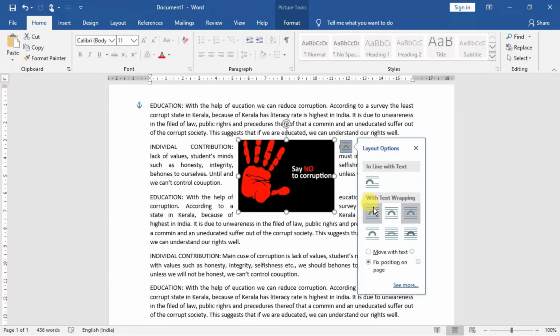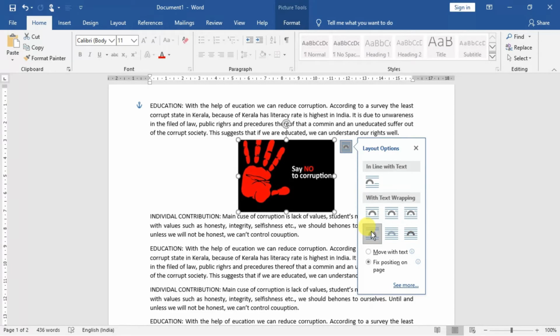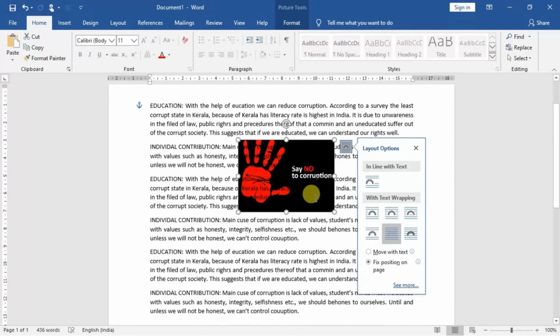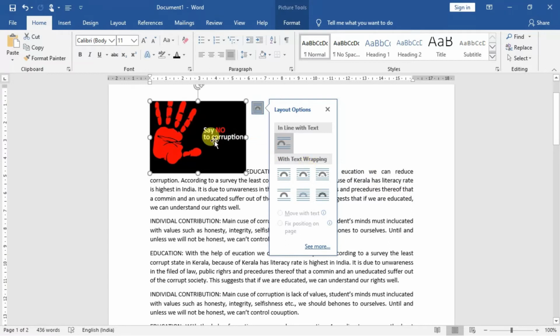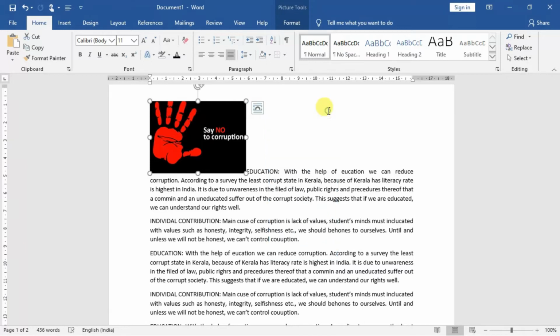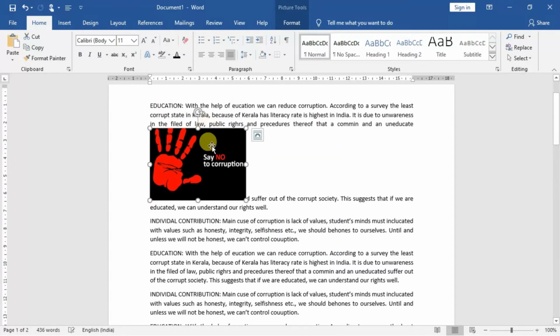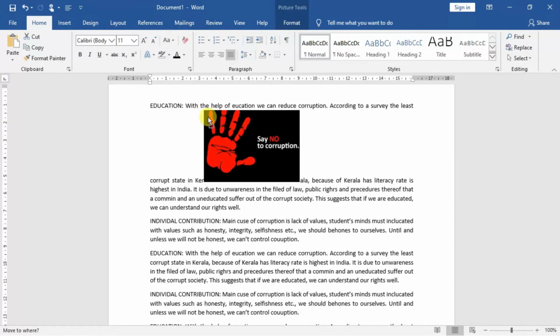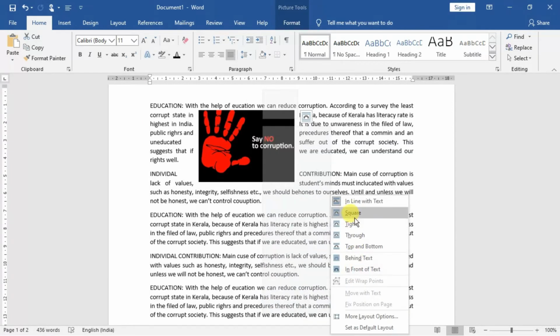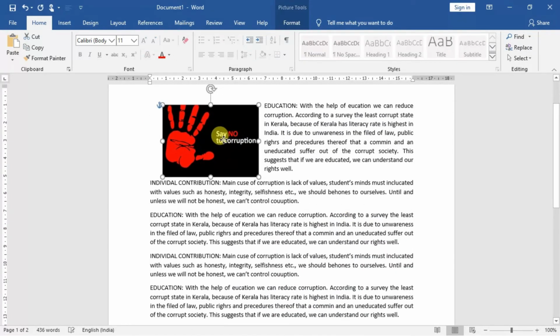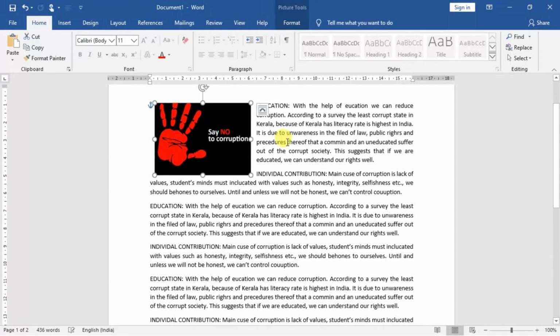You see how it is appearing, the same thing has been chosen over here. So there are different options available through the text and all. You can see the different ways that are also possible from here. Okay, In Line with Text will be done in this way. Similarly, this particular wrapping dialog box is available in Office 365 in the same fashion as you have seen it. Okay, that is the thing. At any point of time, you can move it also by using Square. Okay, Wrap Text, and then you can come back to Square. Square is the best option in order to fix it in a comfortable position, I mean. Okay, that is the thing.